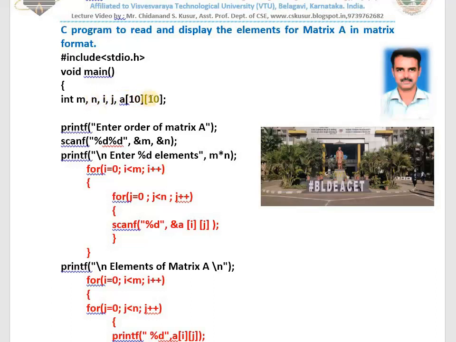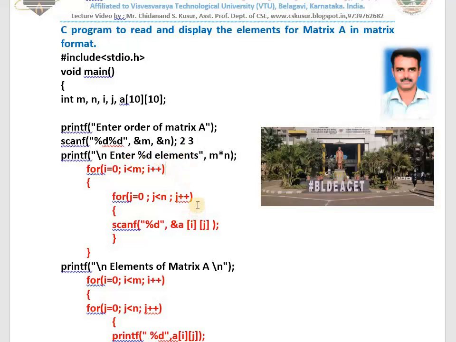Next code is very easy. Enter the order of matrix A. Then scanf. We are reading now rows and columns. We store within M and N. Very simple code. Then enter %d values. %d means how many values you read. M into N times. This place replaces with M into N. Assume that you entered 2 by 3. Then we get the message enter 6 values. Enter 6 elements. Then already I told you in my last class how this works.